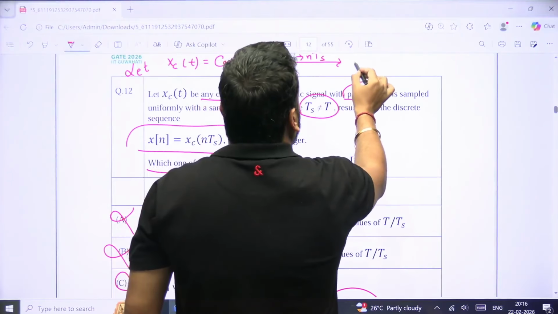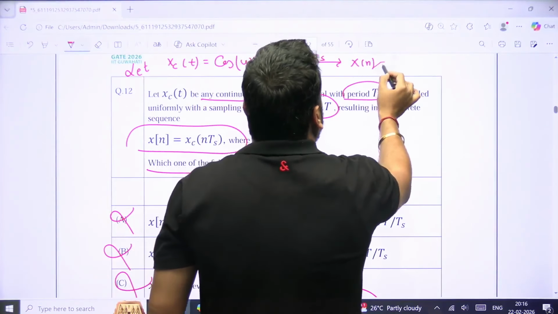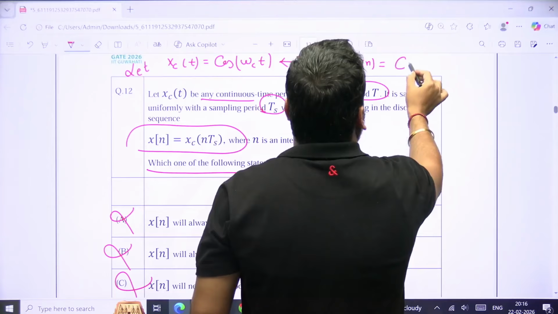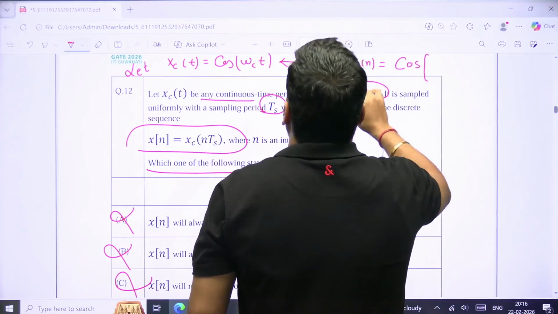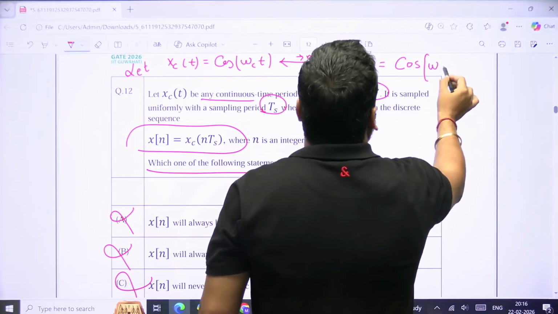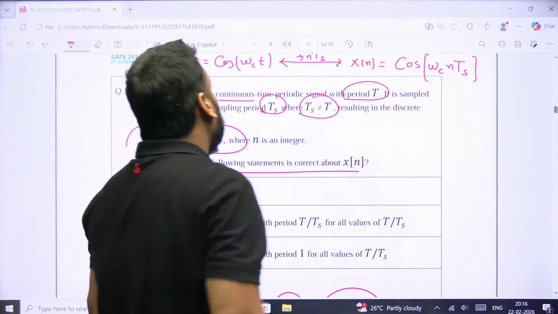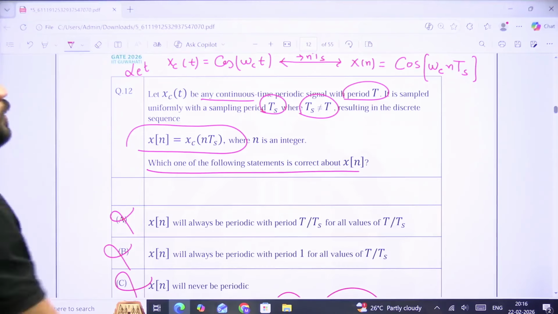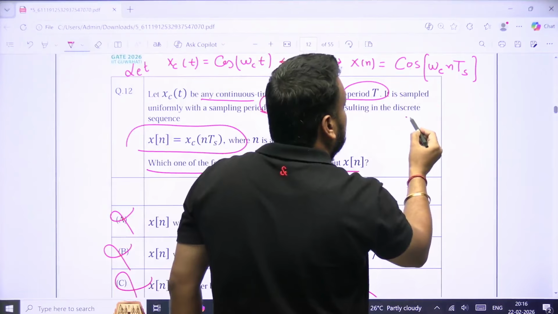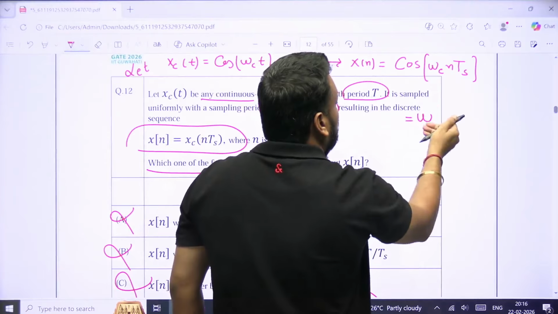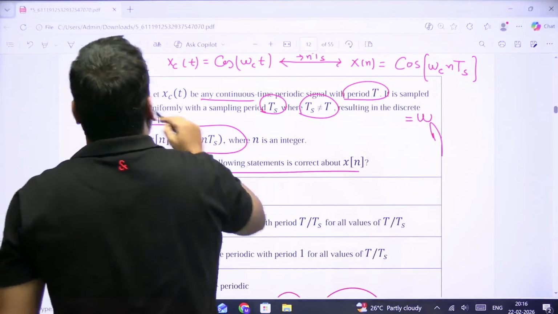then I will get here x of n. What is my x of n? My x of n is nothing but cos of omega c, in place of t we wrote nts. In place of t we wrote nts. Yes sir. Now dear student, tell me what has become the discrete time frequency? In the discrete time this becomes cos of, in the discrete time what it will become,